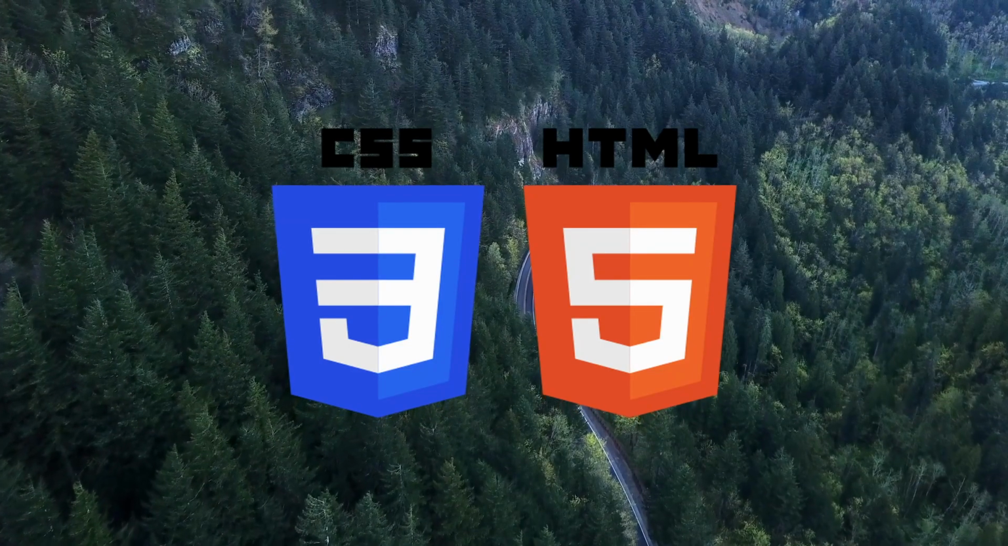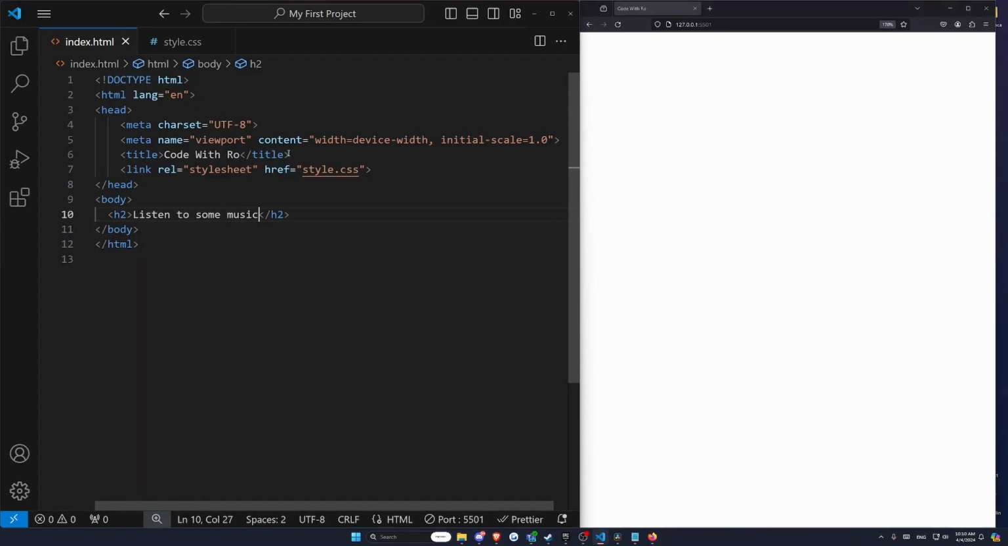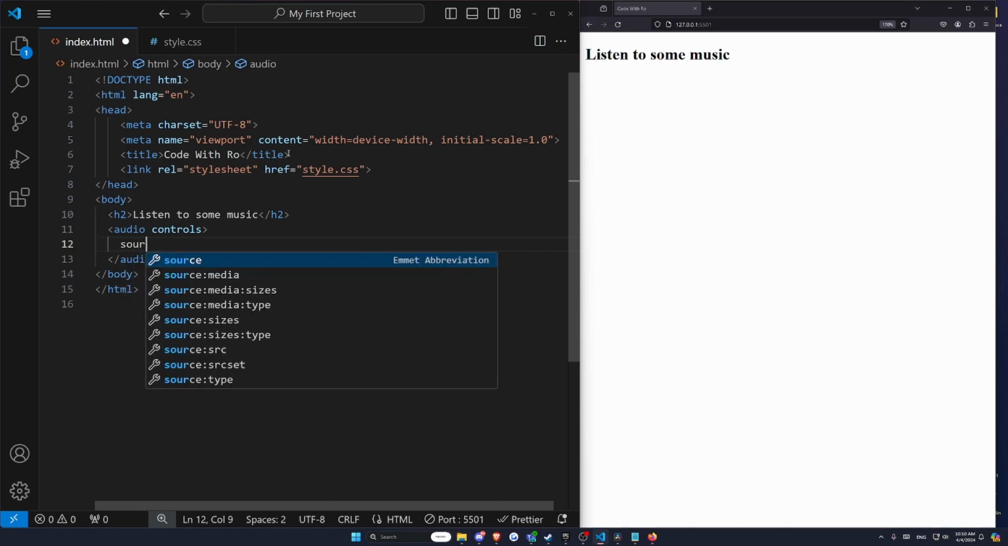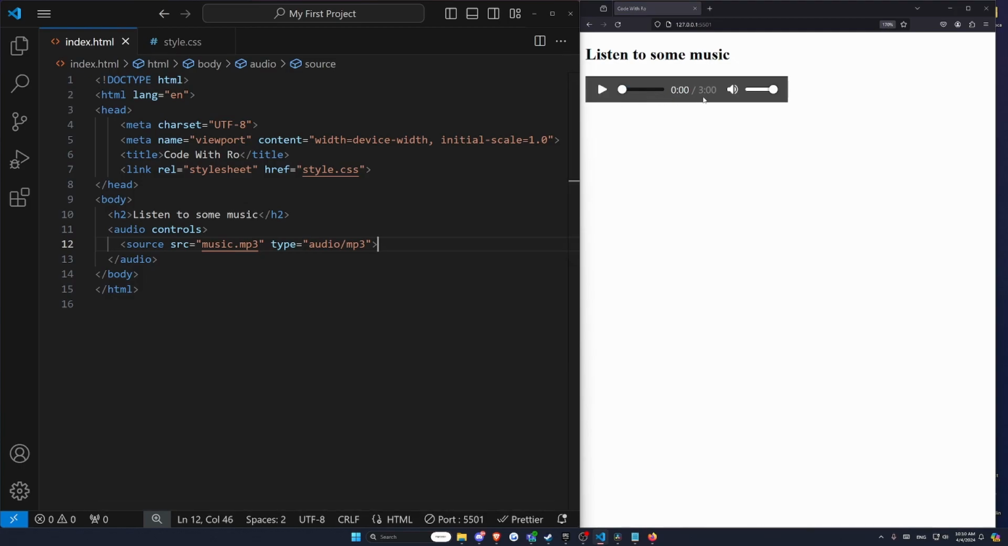So in our index.html, I'll add an h2 that says, listen to some music. And then I'll add audio controls. And in those audio controls, I'm going to add source. Source is equal to music.mp3, and then the type will be audio/mp3. And when I hit save, you're going to see this audio file that's a 3-minute long song, and that's because